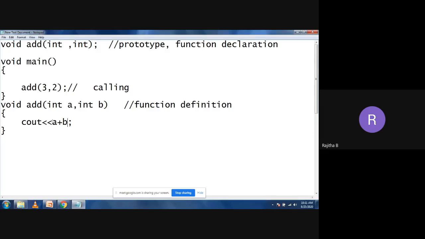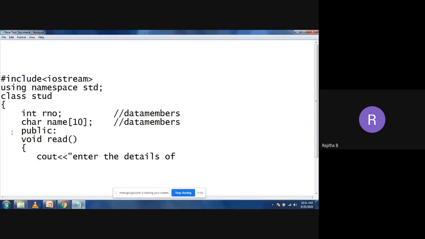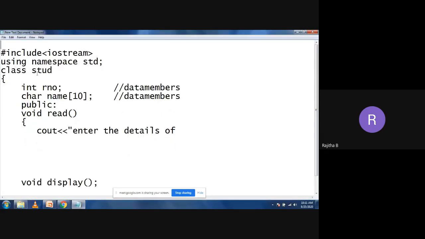how do we take the function program into the class? Now see this one. I'm going to erase this one. Now see this one. So this is the class. Within the class, I'm taking the functions. We don't have any function prototype when you're taking the functions in the class program. Simply we have the code of the function and how to call that function. That's it. So we don't have any prototype before main. You don't have a syntax to declare the function before the main function or before the class. But we have a function definition and a calling function.